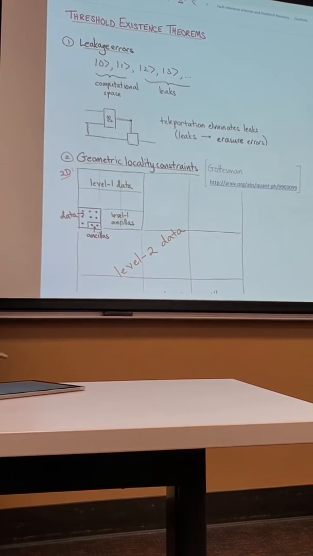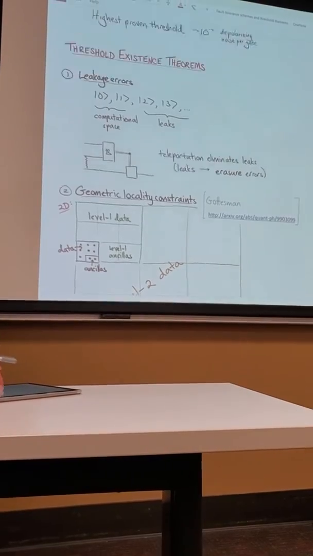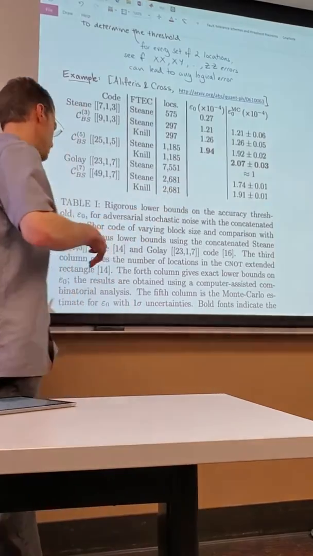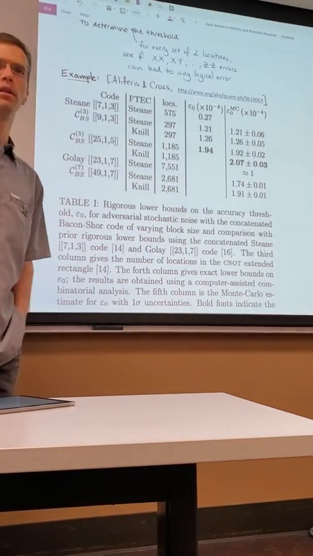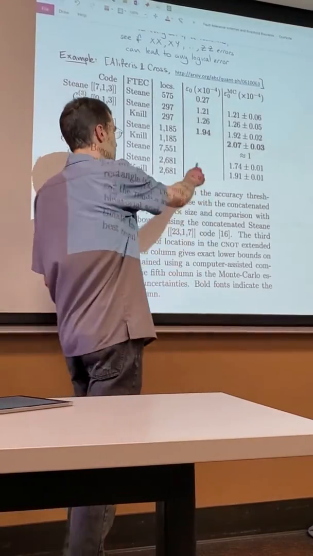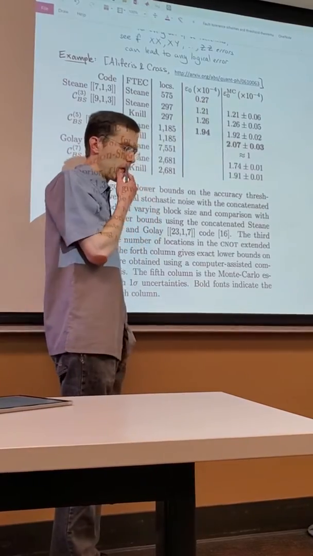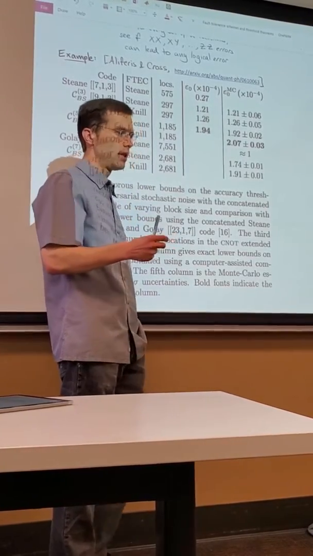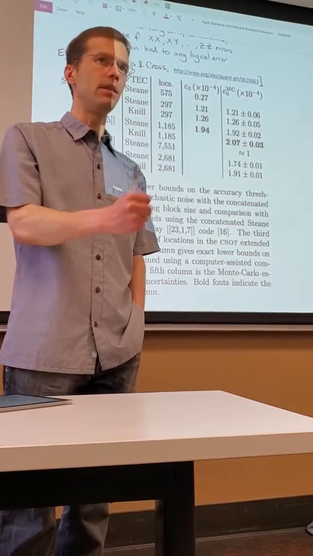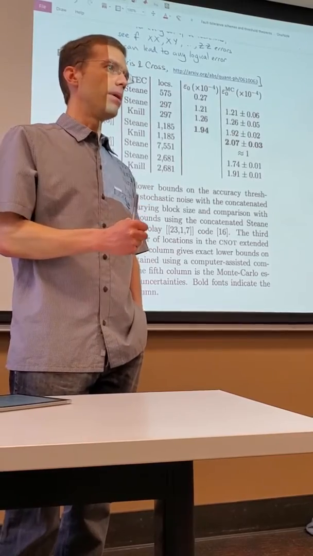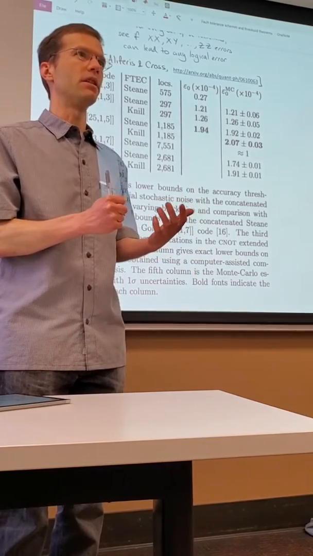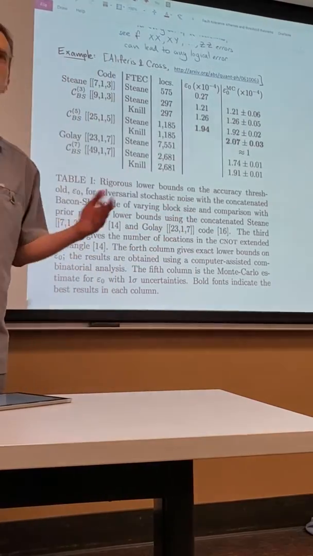Okay, so thresholds are known to exist under a number of error models. Here, in this error model, what we're talking about is I think just stochastic depolarizing noise on the qubits. Actually, I'm not sure that's true. I think this error model might be stochastic adversarial noise, meaning that individual locations fail independently of each other with probability p. But if a location fails, the error that's applied can be chosen adversarially. It can be arbitrary, basically.